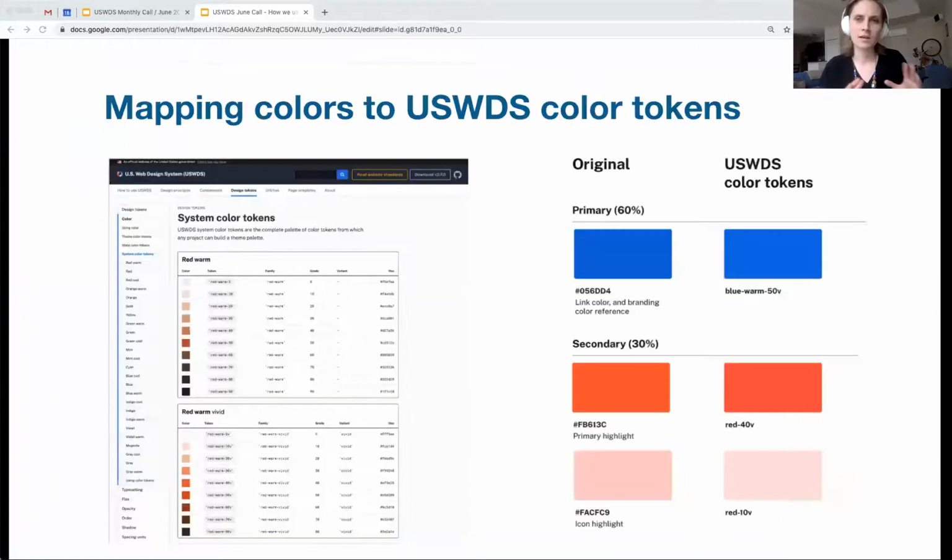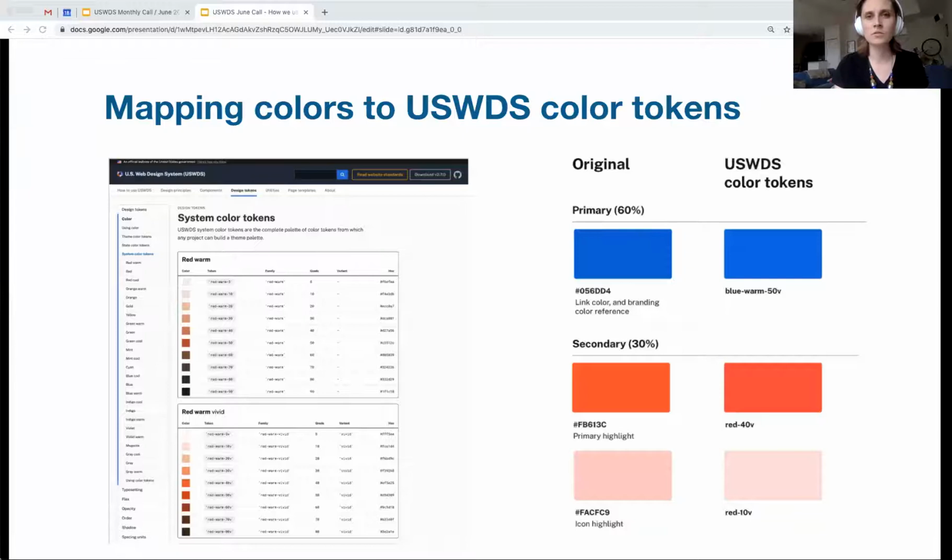So first, next slide, was that we took the existing color palette within the site and mapped it back to the system tokens. And so for each element that we found in the site, Christine in particular found the token that was approximating that. And then with that, we were able to set the site palette, both in our designs as well as in our site CSS, to implement that through the site. And so